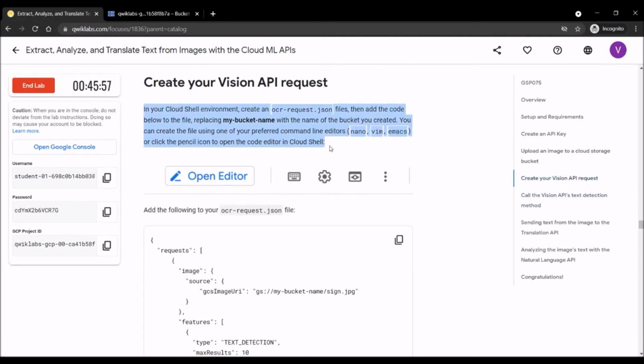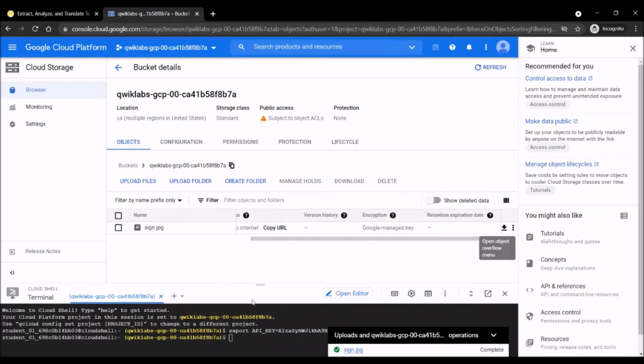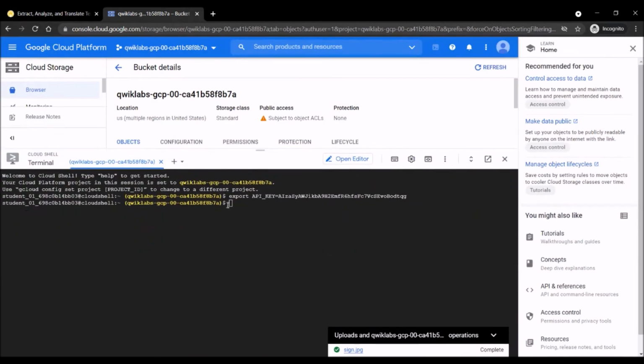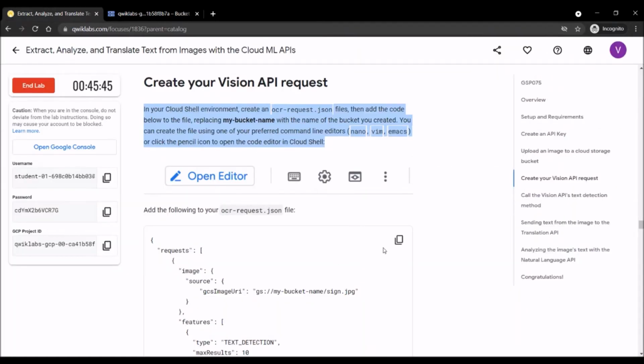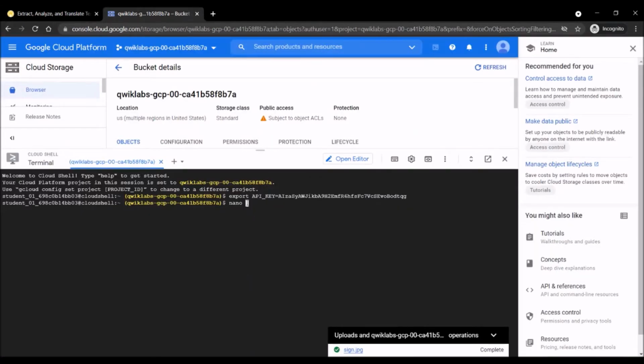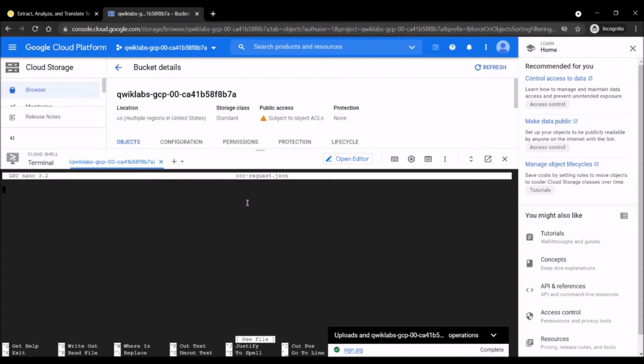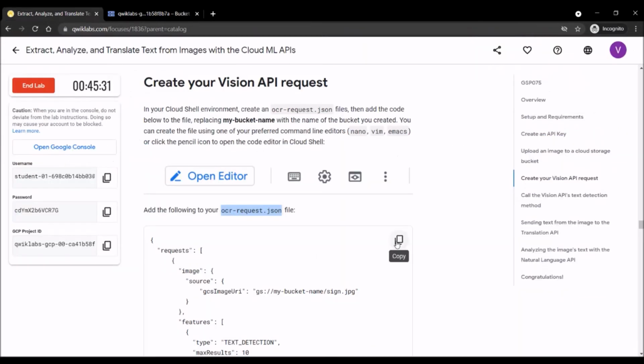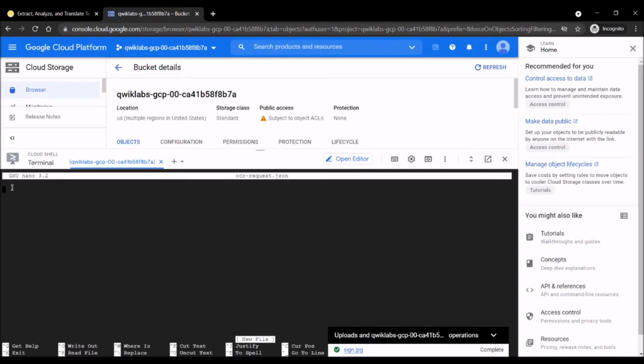Create your Vision API request. So we will have to create the file. We will create this through the Cloud Shell. Type nano over here, NANO, and go back. Copy the name of the file, ocr-request.json. Copy it. Paste it here and enter. Again, we have to copy this and paste this.